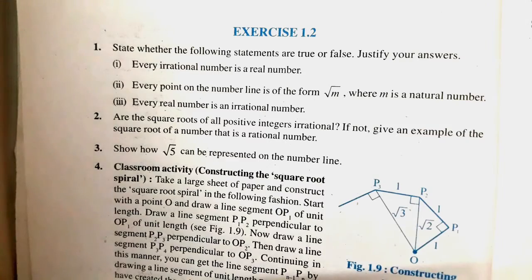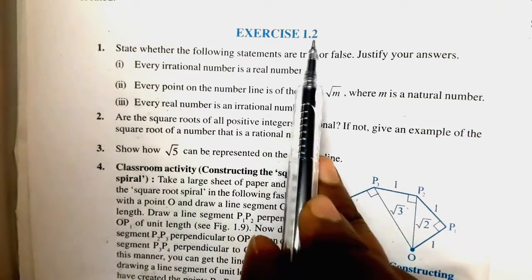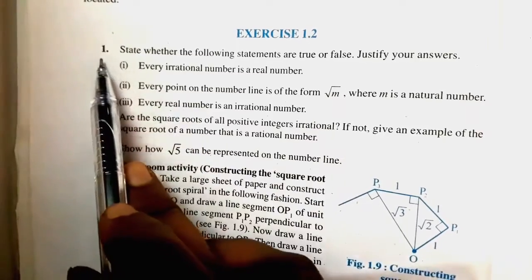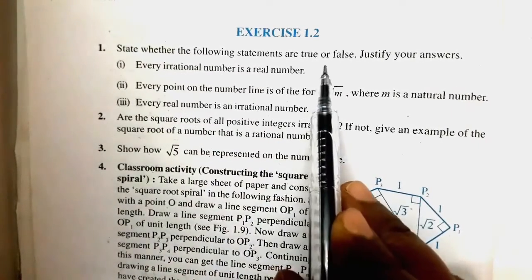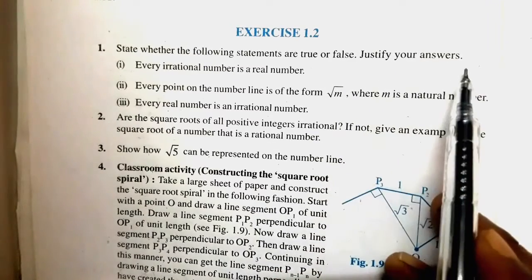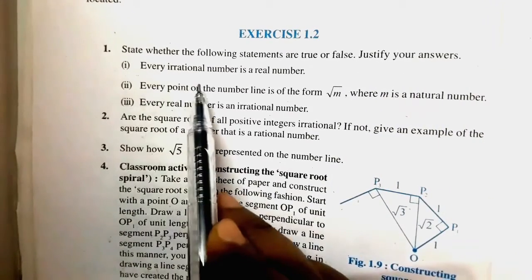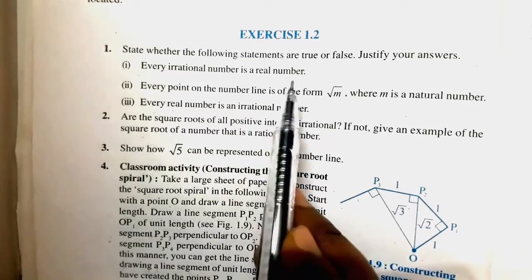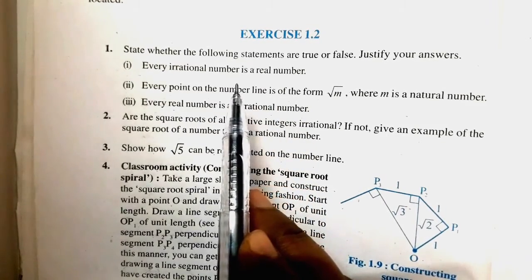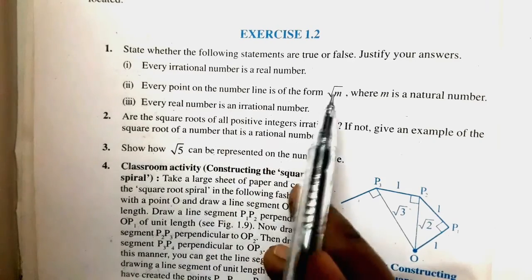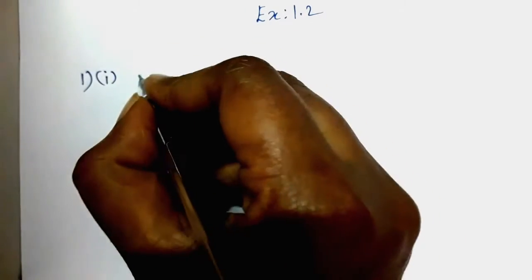Now move on to the next exercise. Exercise 1.2. Let's see the first question. State whether the following statements are true or false. Justify your answer. Sub-question 1. Every irrational number is a real number. It is true because the set of all rational and irrational numbers are called real numbers. Sub-question 1. It is true